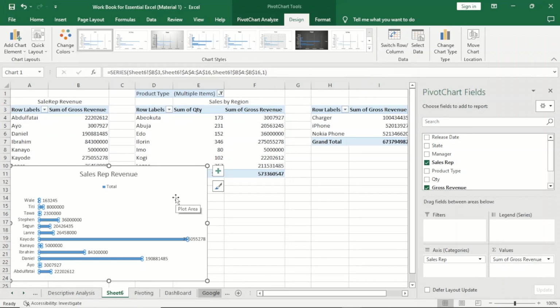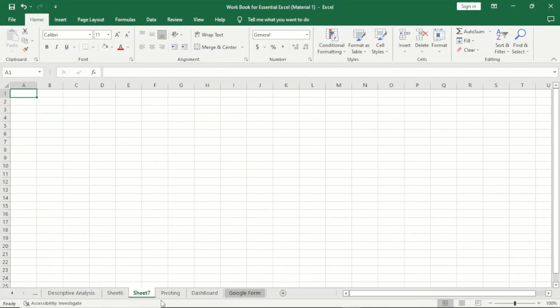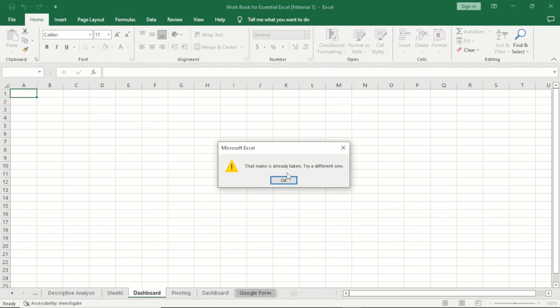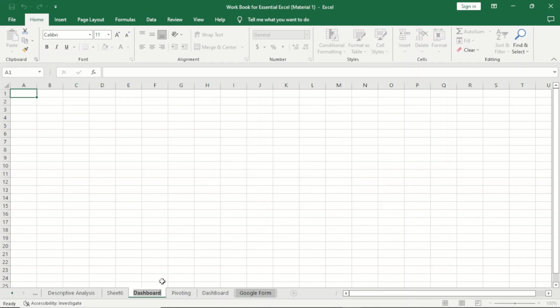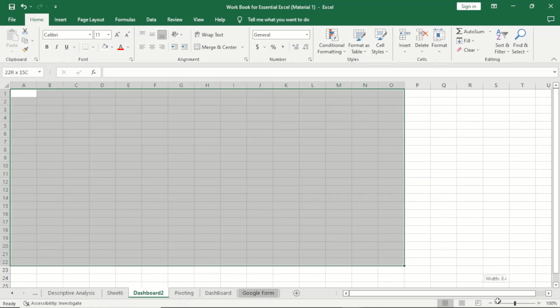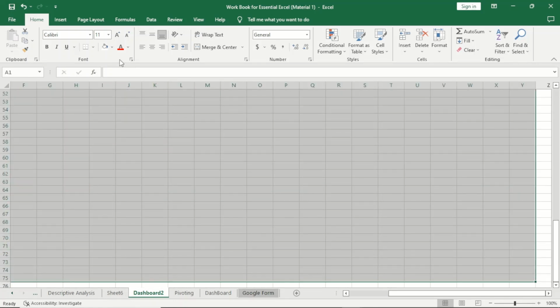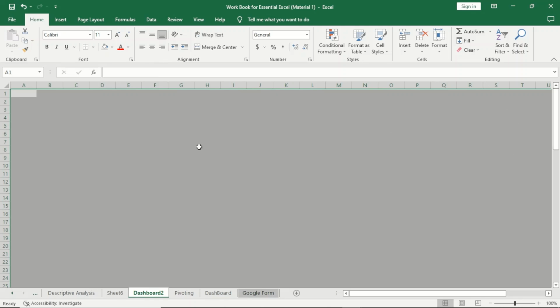Now what am I going to do? How do I create my dashboard? Let's create a new sheet and call it dashboard. This is where we want to create our dashboard. Okay, I already have dashboard, so let me put dashboard 2. Let me highlight this portion and give it another color just to rhyme it, so that it won't look like